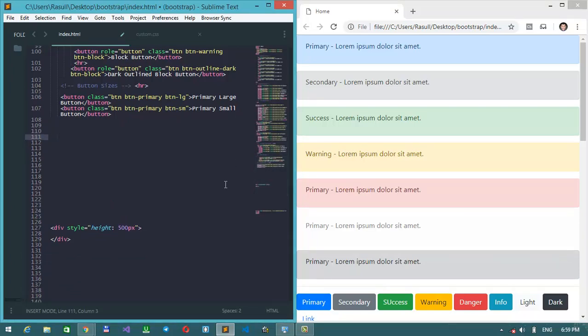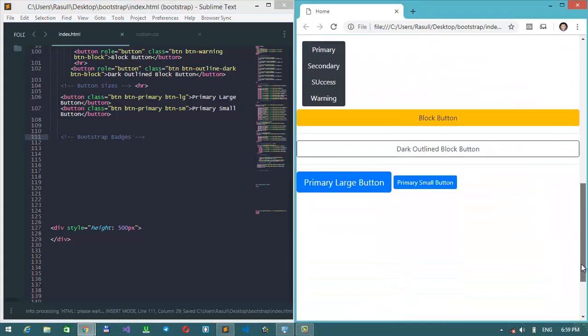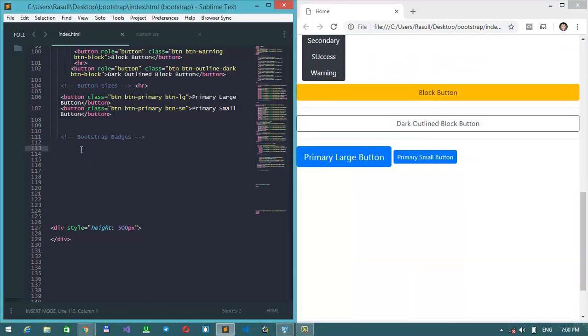badges, Bootstrap badges. Okay, Bootstrap badges. Actually, that's a really fun thing. And let's write here headings, headings guys. Yep, let's write something like